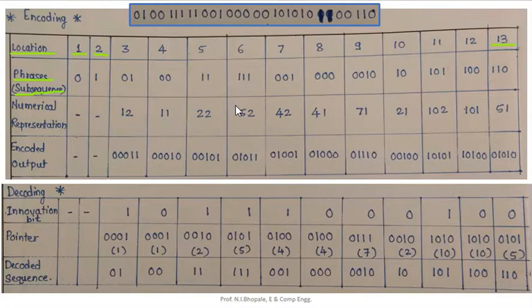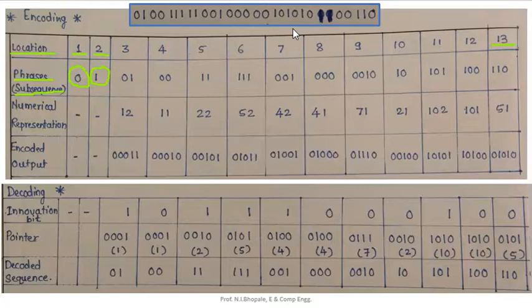Phrase means it is a sequence of 0 or 1, or a combination of 0 and 1, based on unique values. By default we consider 0 stored at location 1, and 1 stored at location 2. These are the default bits by which the stream is formed, that's why these have to be stored at the first two locations.